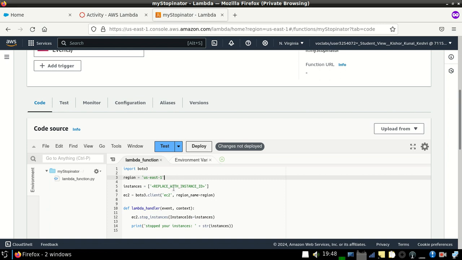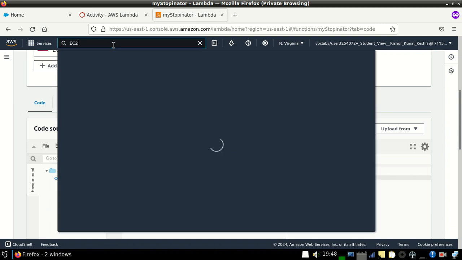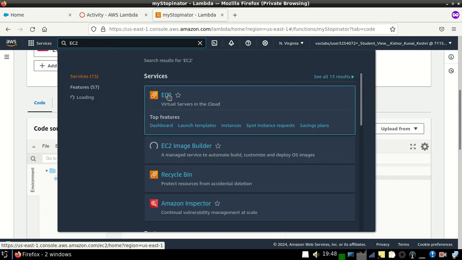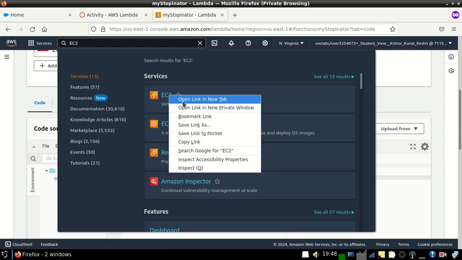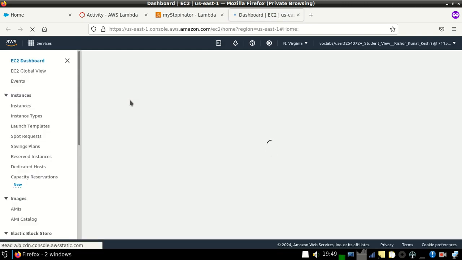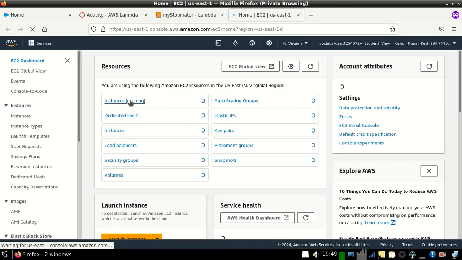Okay, now replace with instance ID. We will copy the ID from here, search here EC2. An instance will be running. Open this in a new tab. Okay, the instance named Instance 1 should be running here.